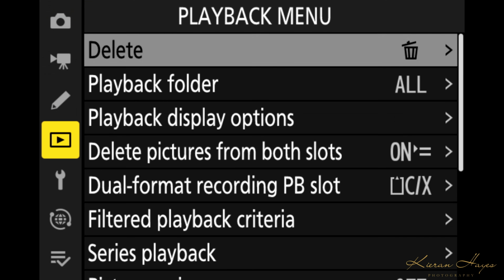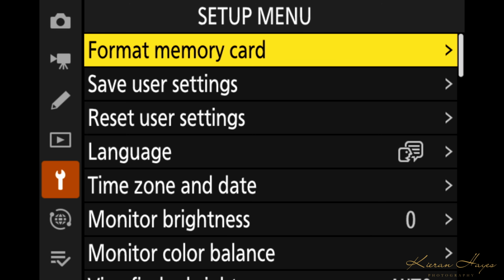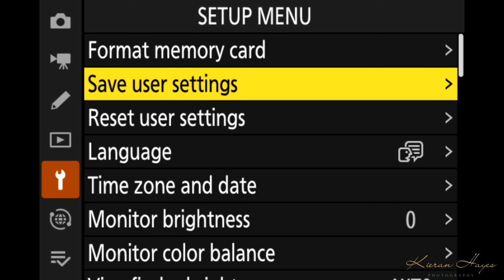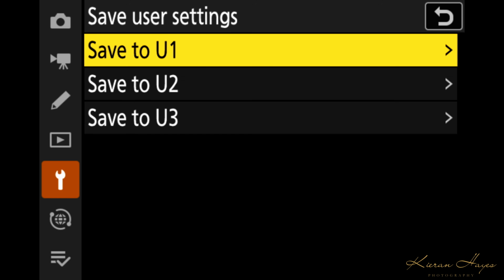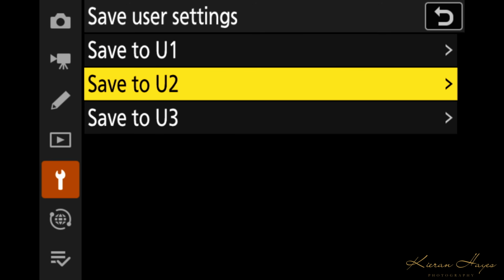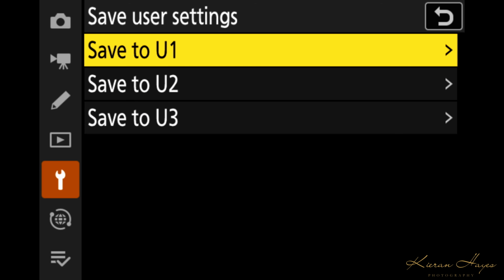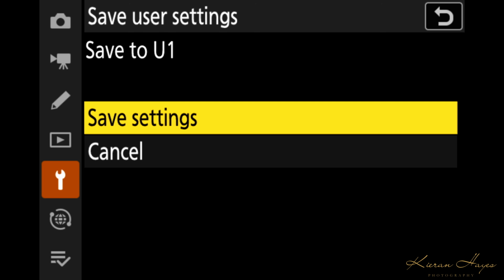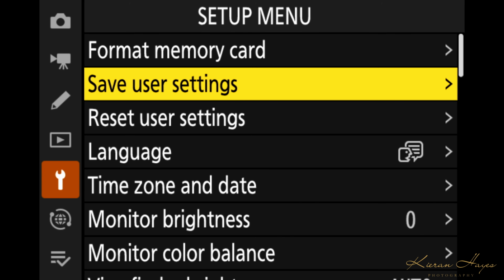So we move down here to the spanner icon and press OK. And then we select Save User Settings and press OK. And I can save these settings to option U1, U2 or U3. So if I select Save to U1 now and press OK, save settings just to confirm it and press OK again, and that's it,